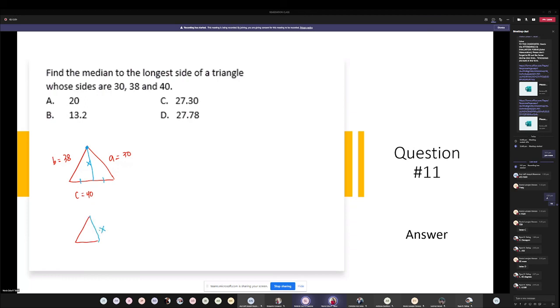This is x, this is 40 and this is 38. Sorry, not 40. This is a smaller part, so it's 1/2 of 40. We know that already because it's a median. So this is 20 units. So we can solve for x if we have one of the angles. As much as possible, solve for the angle that is